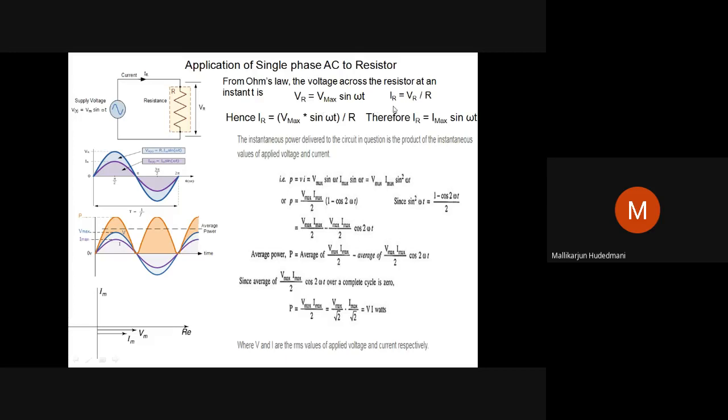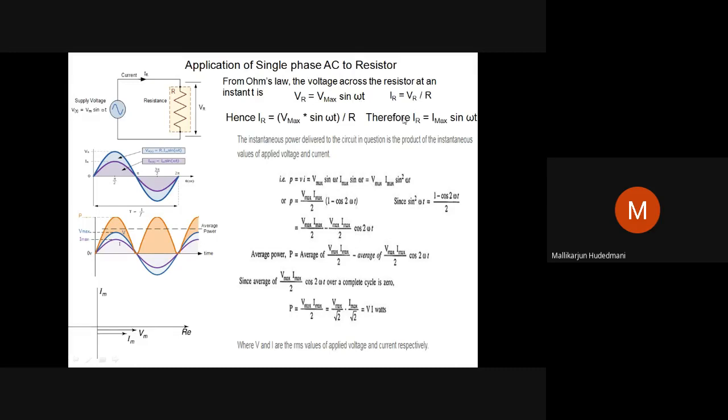Likewise, the current I obtain using the study of this circuit is Im sin omega t. From this, I find the current wave has a peak value Im, like the voltage wave had Vm. It is progressing with omega t, and the voltage is also progressing with omega t. So both are in phase. There is no difference in the beginning of the wave; omega t is omega t. There is no omega t plus or minus some angle. Both are omega t, omega t.